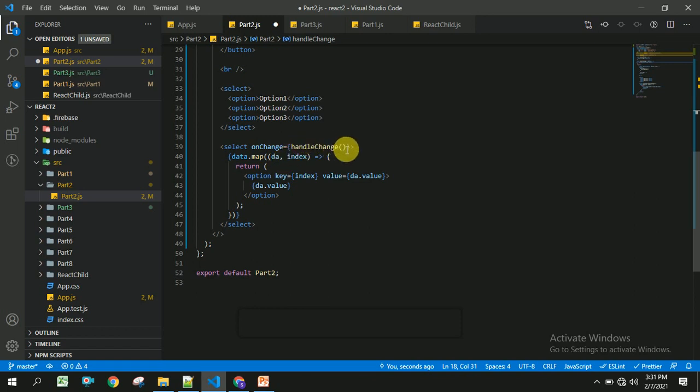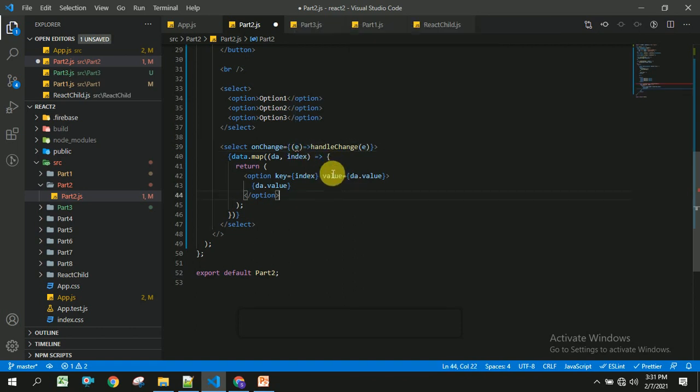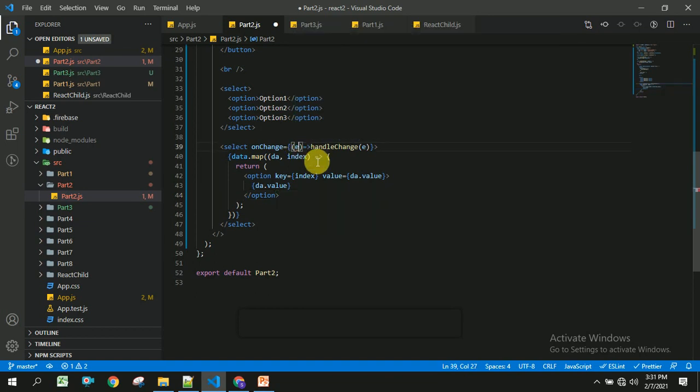In order to get that, we have to send this event from our onChange. Let us save this and check whether it's working or not.